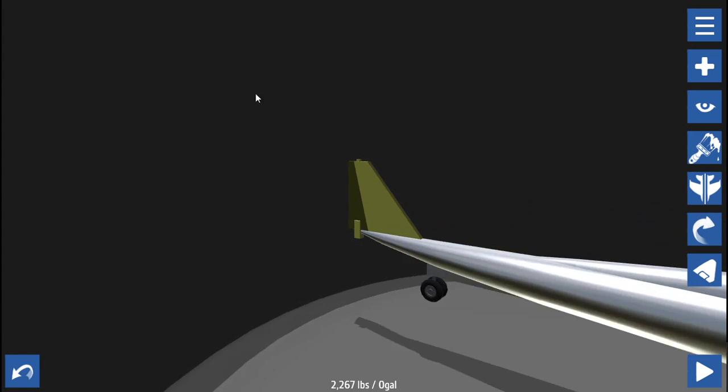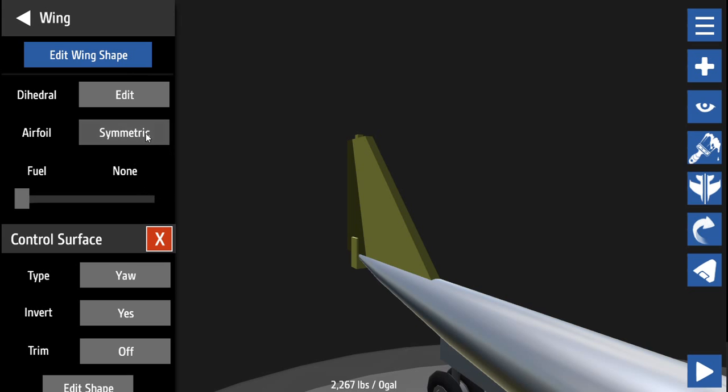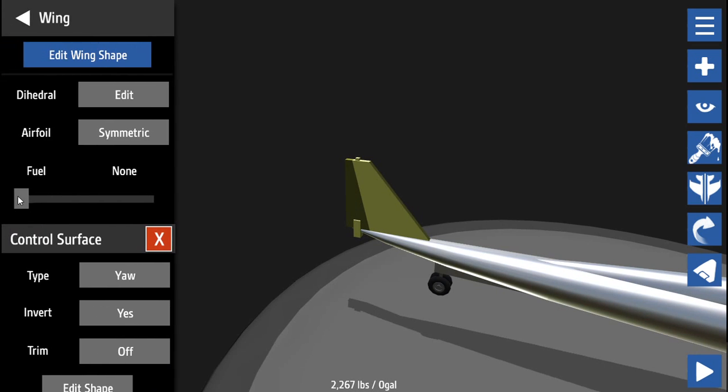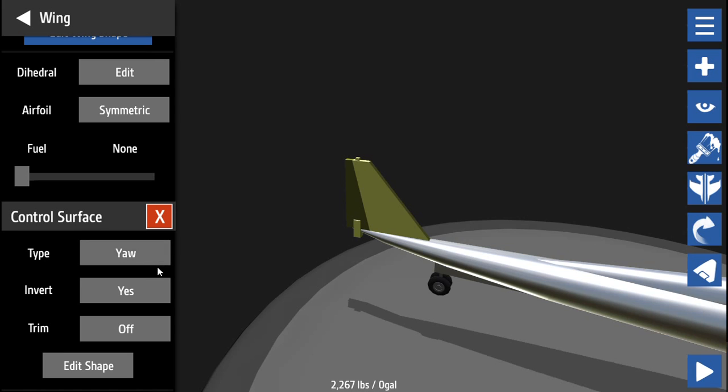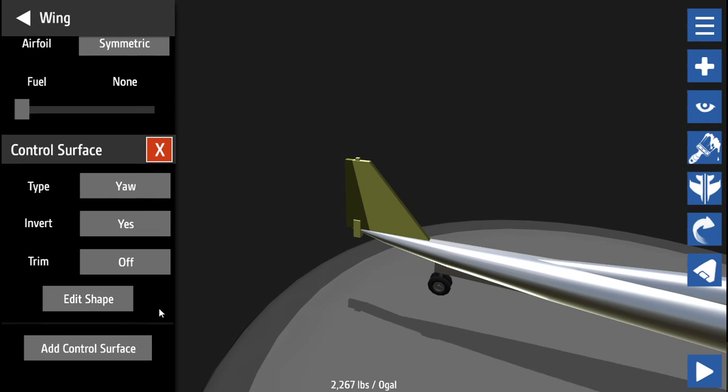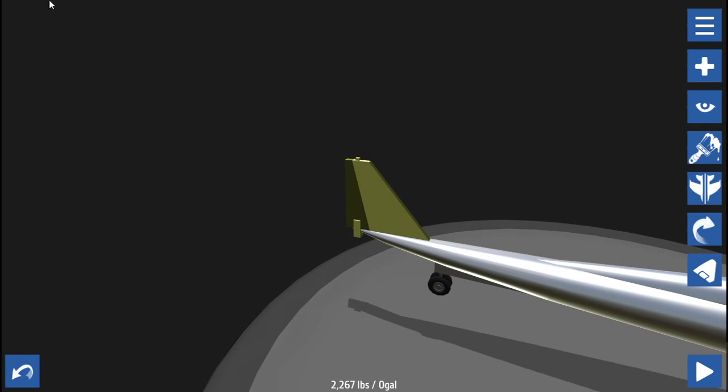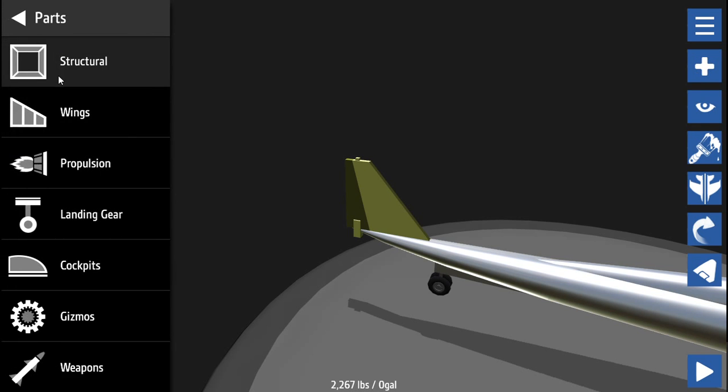And you want the airfoil to be symmetric always, and I'll talk about that more later. But you want the control surface type to be yaw, and you want it to be inverted. And then you wouldn't really want any trim, and plus I don't know the key binding for that yet. So